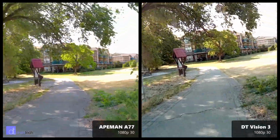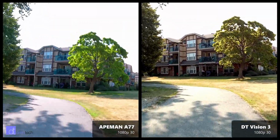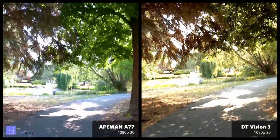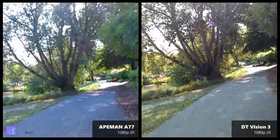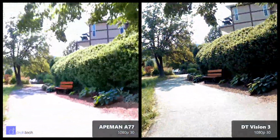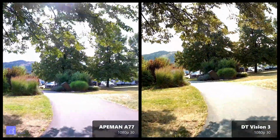And finally, 1080p at 30 frames per second. Both the Apeman A77 and the Dragon Touch Vision 3 do a pretty good job at this resolution, although I'd say that the colors on the Dragon Touch are a little bit more accurate. Either camera at the 1080p 30 resolution will do pretty good, but there is one big thing missing from both